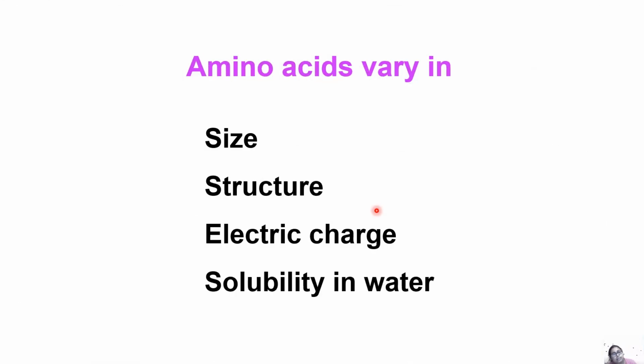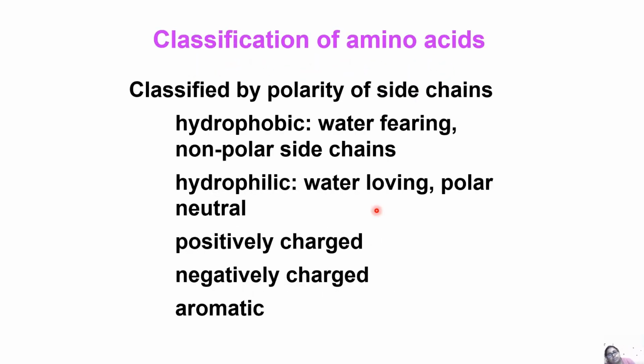Now what do these amino acids vary in? They vary in size, structure, electric charge and even solubility in water. If we try to compare the properties of amino acids, there is a huge bunch of things that we can talk about. Classification of amino acids can be done by the polarity of the side chains: hydrophobic, that is water fearing, non-polar side chains; hydrophilic, which is water loving, polar neutral side chains; and we have positively charged and negatively charged based on the charge. And then we have aromatic